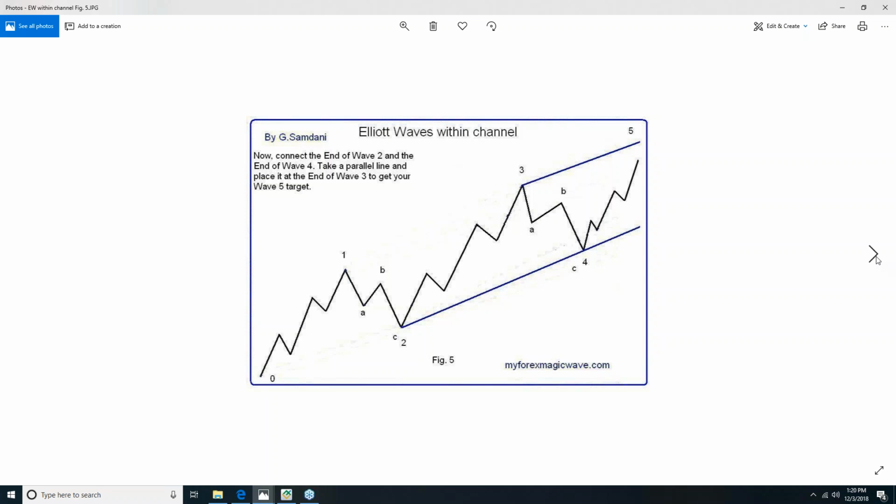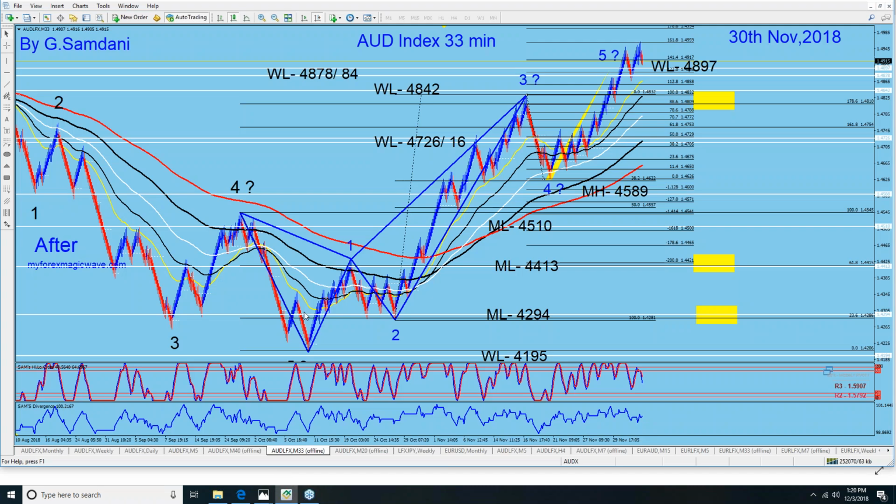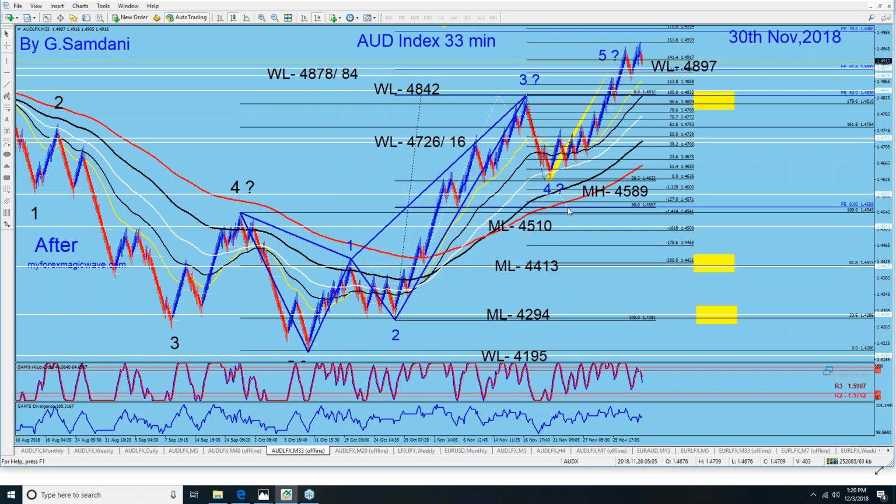Wave 5 target is wave 3. Okay, wave 5 to 1.618 of wave 3. Okay, well, that's another way to look at it. And then the way I showed it is the same thing. And we can even look at that for 1.618 or 0.786 of wave 3. So you measure that like this. You measure wave 3,